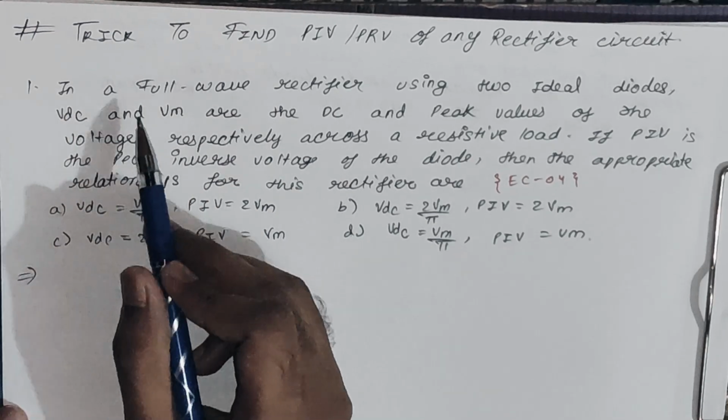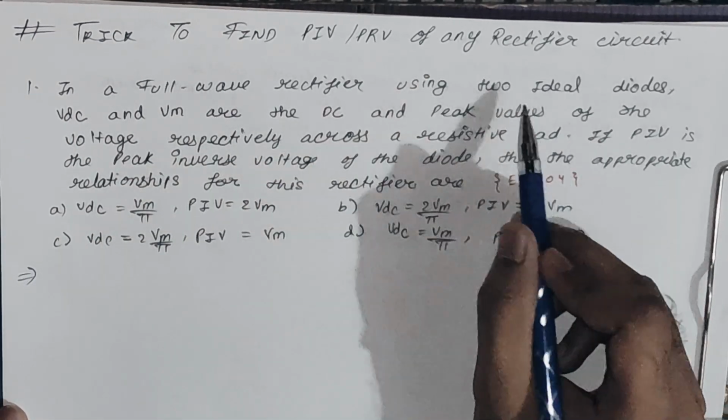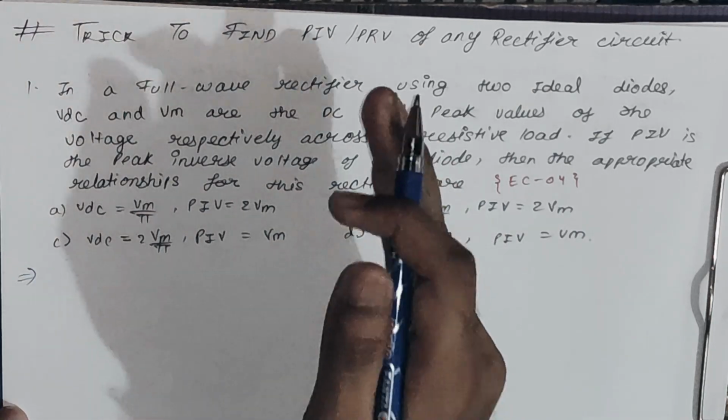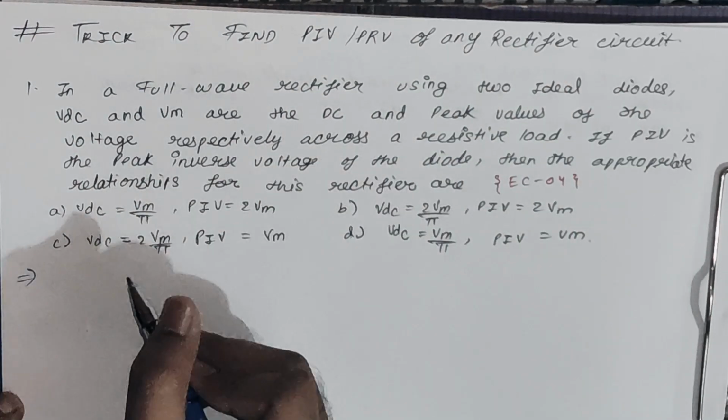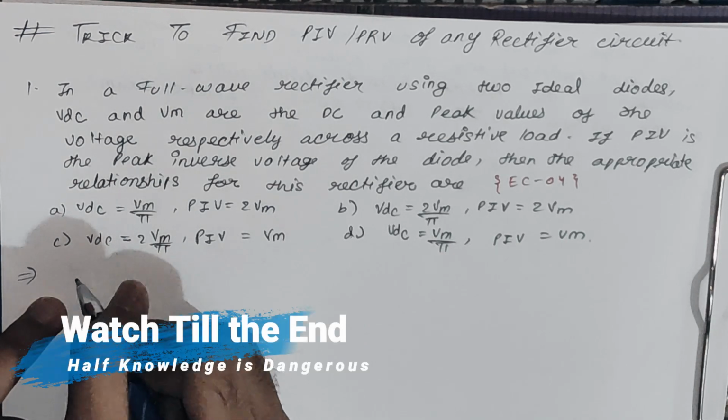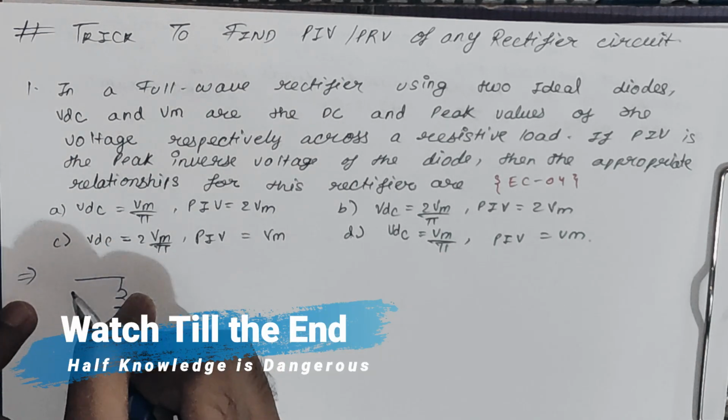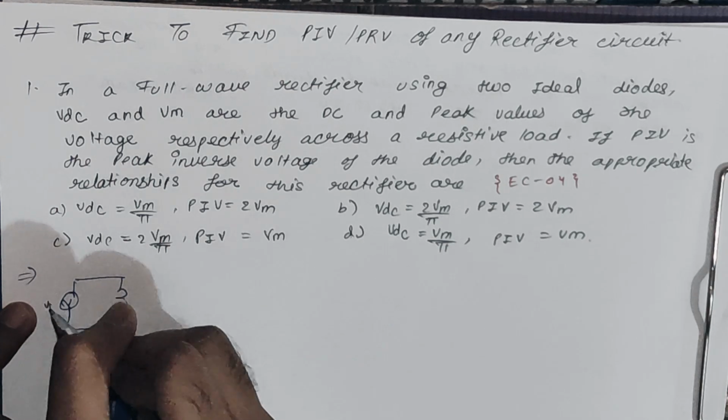Okay, so in the question you can see we have a full wave rectifier using two ideal diodes. It means that the full wave rectifier is nothing but a center tapped rectifier, right? So let's draw the circuit diagram of center tapped rectifier first. So it will be somewhat like this. This is your VI. Okay,